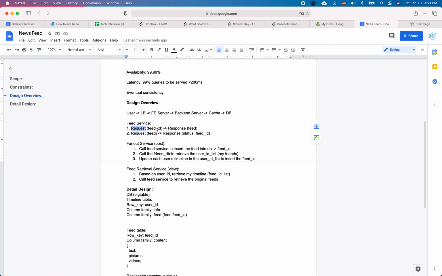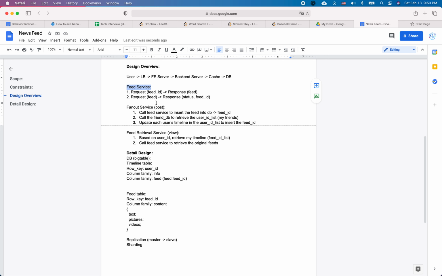So maybe another thing is the feed service. For the feed service, for the first one, the request includes the feed ID and the response is the corresponding feed. I think we can also do some caching. We can include some cache layer for this. So for example, for some feed, it is